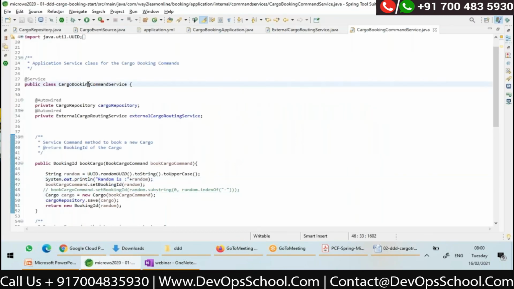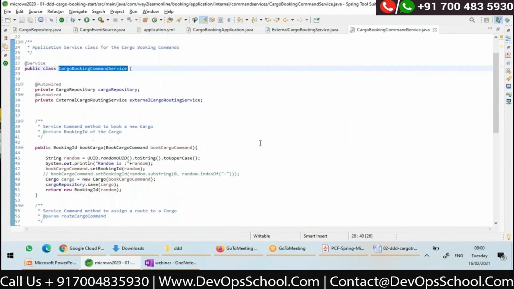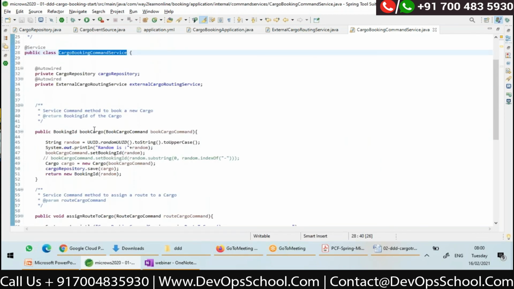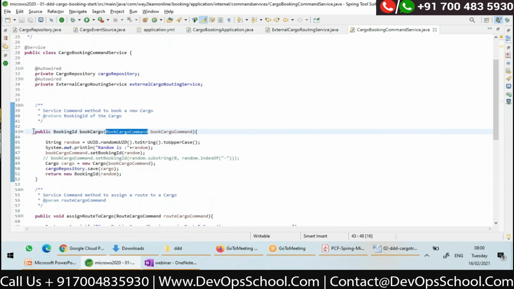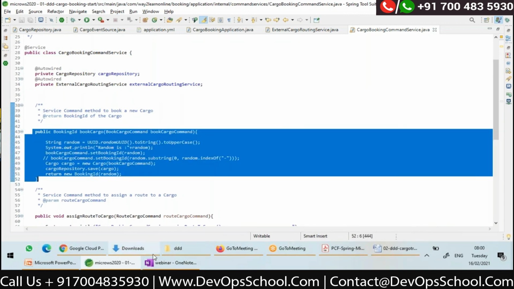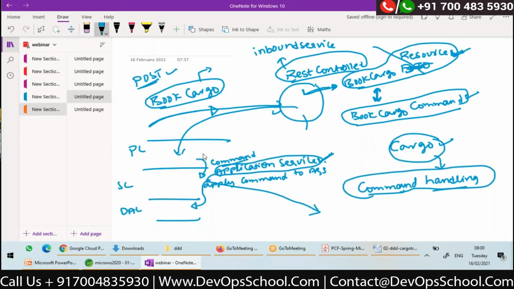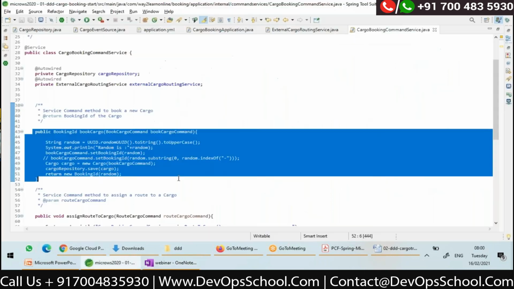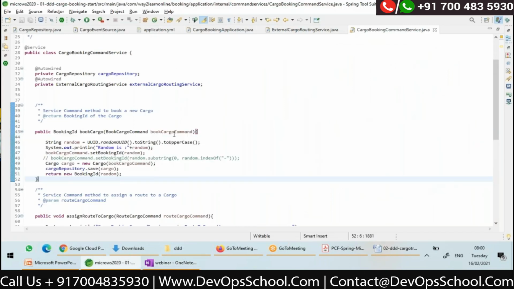Here in the cargo booking command service, I have written logic. There's a method book cargo which will take a command. Who will invoke this book cargo? Later I'll be showing. The REST controller will be invoking the method book cargo on the application service, and here it is taking the command and applying that command to the aggregate.